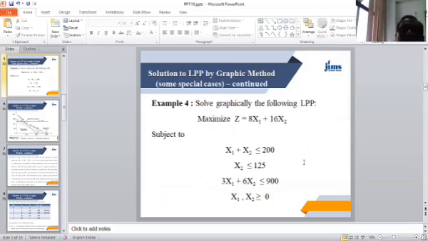The problem is maximize z is equal to 8x1 plus 16x2 subject to the restrictions x1 plus x2 is less than or equal to 200, x2 is less than or equal to 125, 3x1 plus 6x2 is less than or equal to 900, and x1 and x2 both greater than or equal to 0. This is the non-negativity constraint. So, like any other graphical solution which we have done so far,